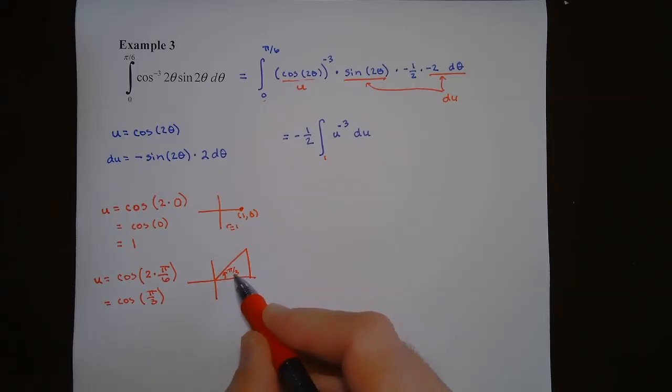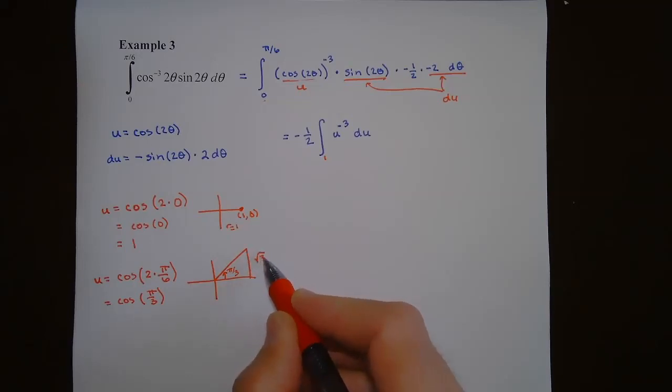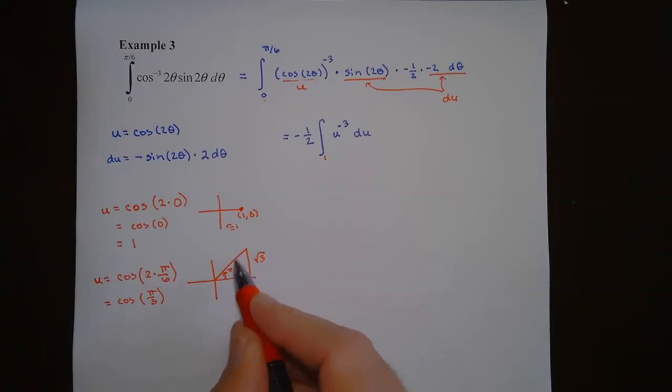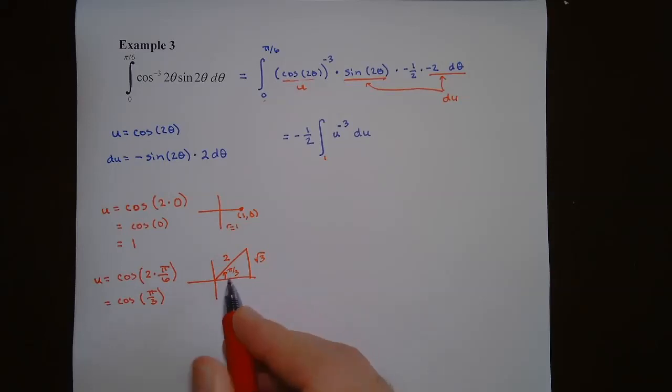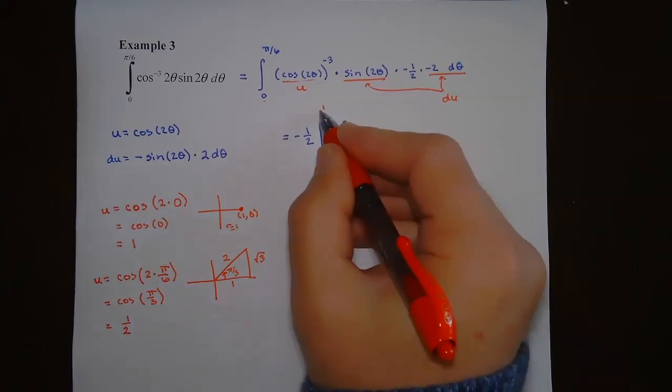Okay, always opposite pi over 3 is the square root of 3. So this leg has to be the square root of 3. And since it's in the first quadrant, this is a y, it has to be positive. So positive square root of 3. My hypotenuse and radius is 2. And then this horizontal leg, the x value, right, is positive 1. And it has to be positive because it's all in the first quadrant, okay? So cosine is my x over my r. So this would be 1 over 2. So this upper limit changes to 1/2,